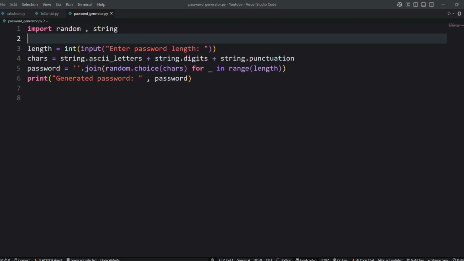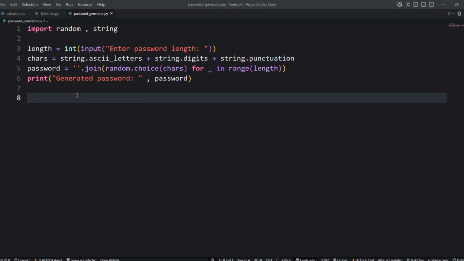String dot ascii_letters gives us a to z and A to Z. String dot digits gives us 0 to 9, and string dot punctuation gives us the special characters. We combine all of them in one string called characters. Then we randomly choose characters for the given length and join them together. Finally, we print the password.